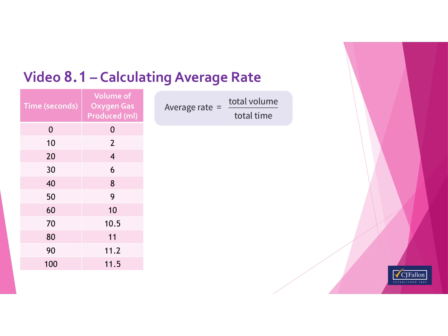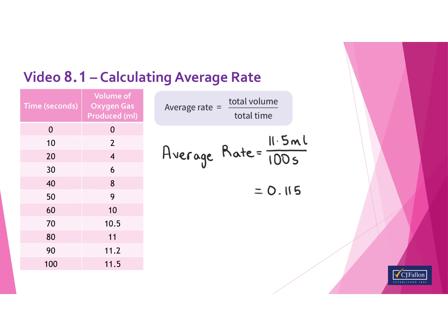In this particular experiment, if we were looking at calculating the average rate, all we have to do is fill in the formula. So in particular, the average rate here is going to be equal to the total volume. And the total volume of gas that was produced in this experiment was 11.5 millilitres. You'd then divide that by the total amount of time, and in this experiment, the total amount of time is 100 seconds. When you fill out the formula on your calculator, you divide 11.5 by 100 and you'll get the answer of